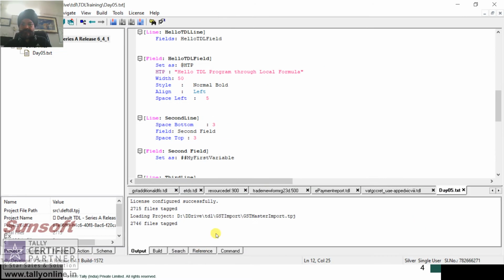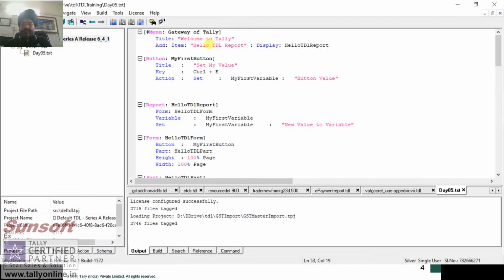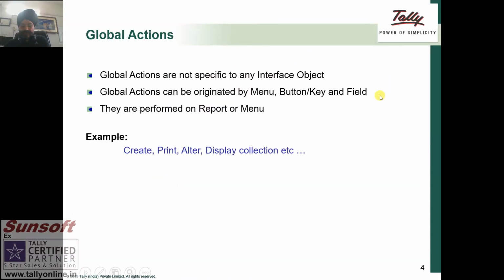When I modify the Gateway of Tally, I am adding an item and saying the action is display and Hello TDL report. That means I am telling TDL to display the report, and after that I am giving the name of the report. So whatever report I have designed, that report opens, like I see here in Tally.